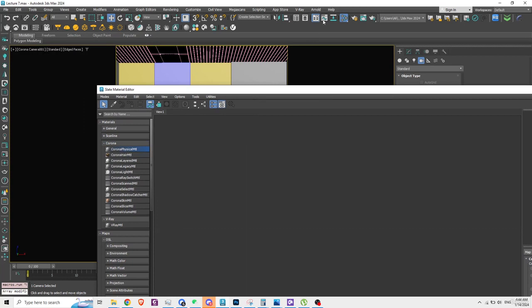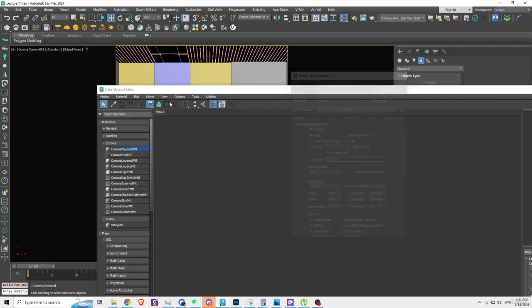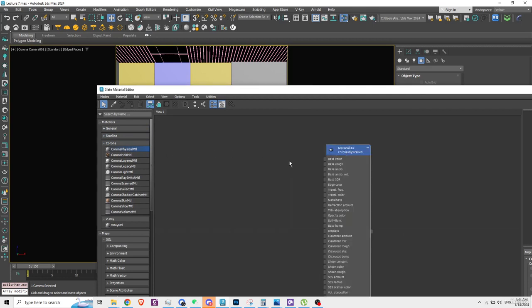If you don't see it here, just come to the render settings. The shortcut key of the render settings is F10. If you don't see this button here, just simply press F10 and it will open the render settings. Here in the render settings, you have to select the renderer as Corona Renderer, and yeah, you will be all set. You will have to just click this guy here, and